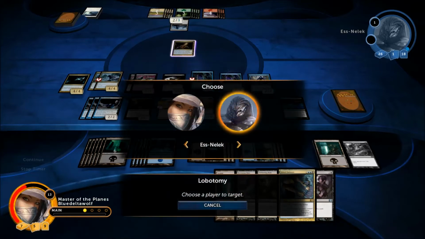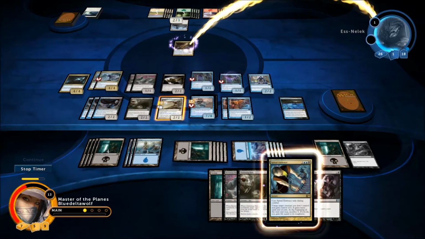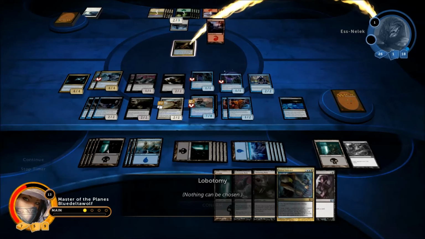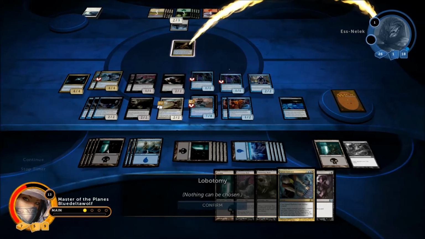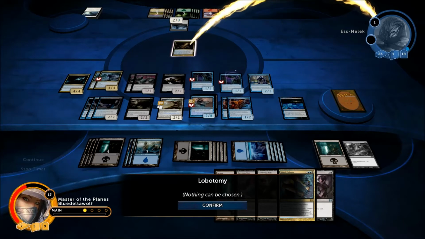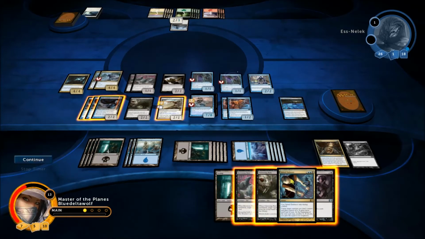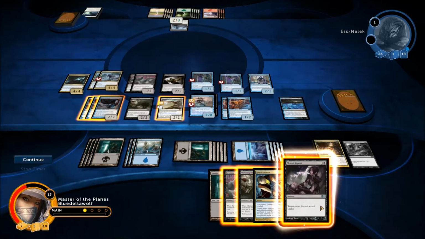I'm gonna have a look at it. I think see what it was. See why he didn't play it. Oh, it was a... Okay, nothing could be chosen. It was just a red land. Never mind. I'll make him discard it and cipher it